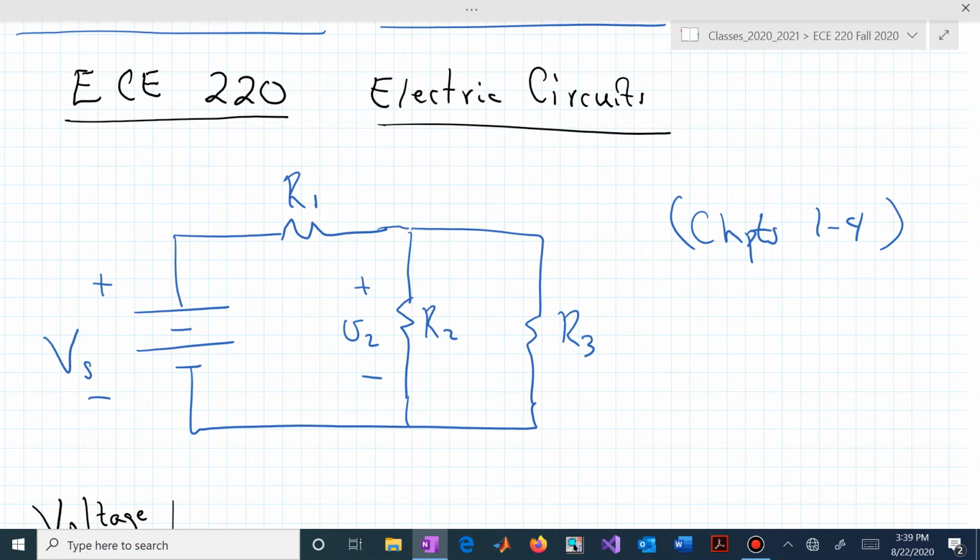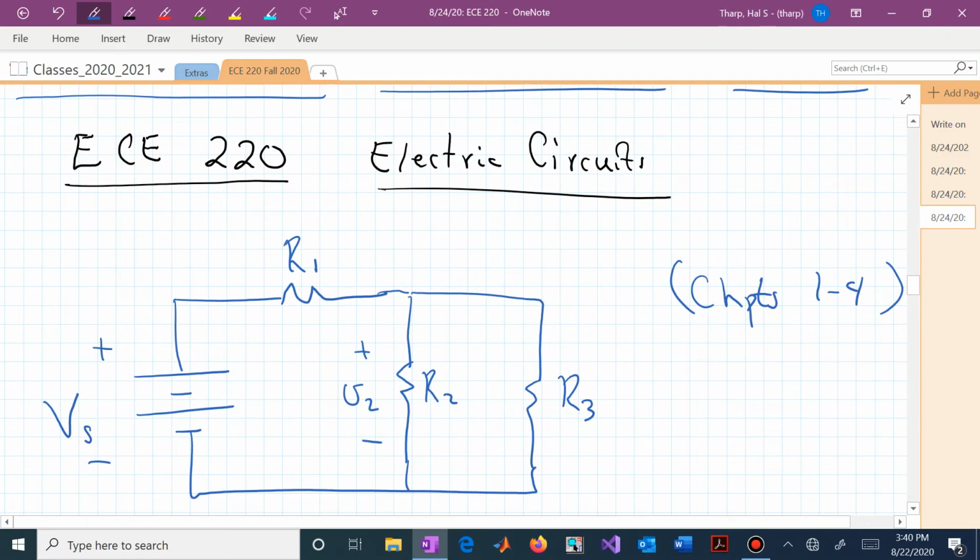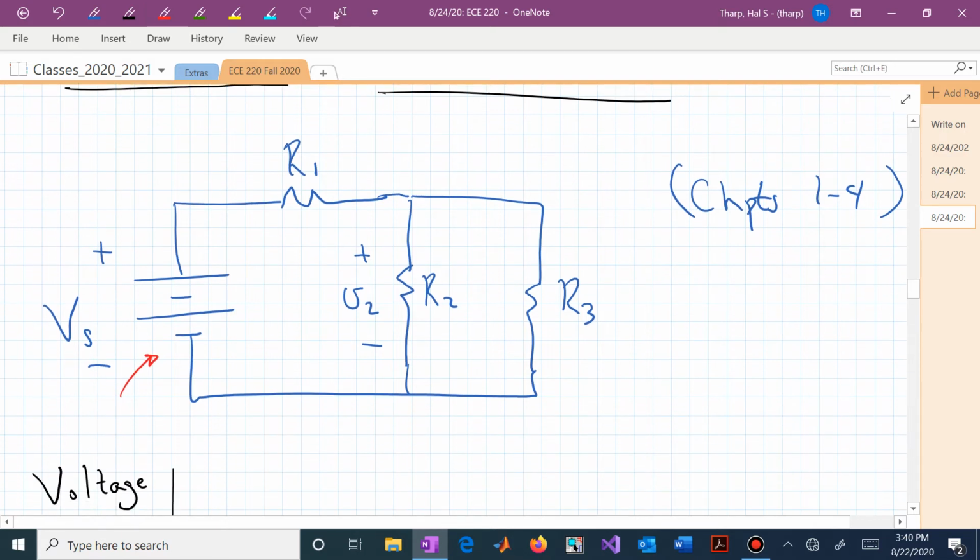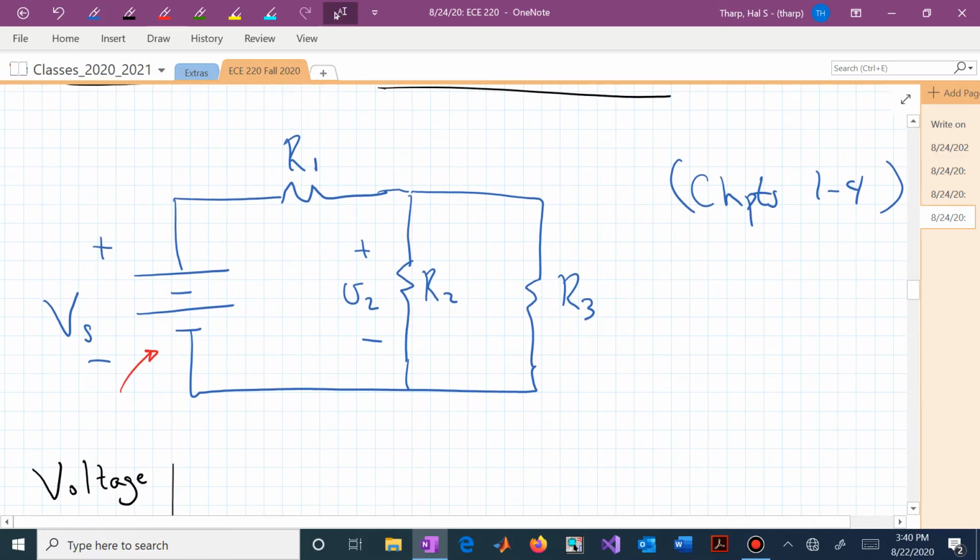The voltage source, V sub S, is in this particular diagram, and in these early chapters will simply be a constant source, and that is illustrated by these straight lines, and the long lines sort of are showing this cell type characteristic. But here